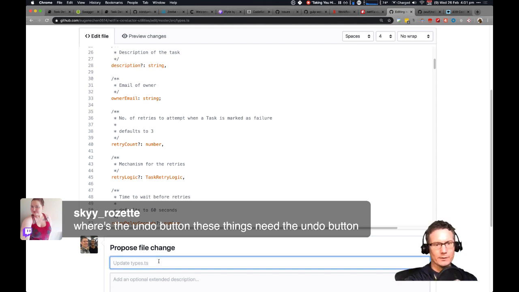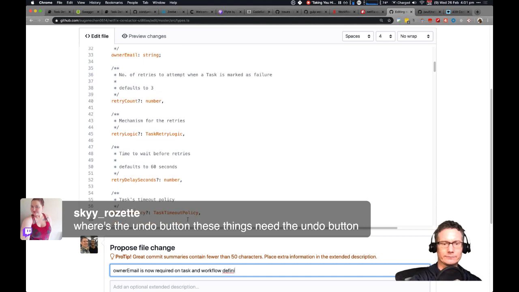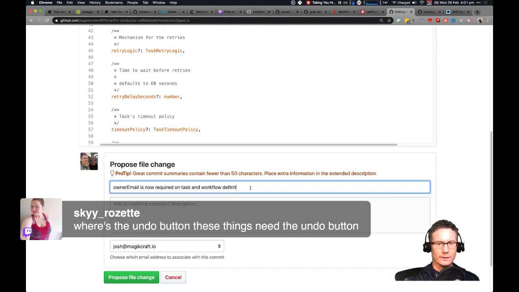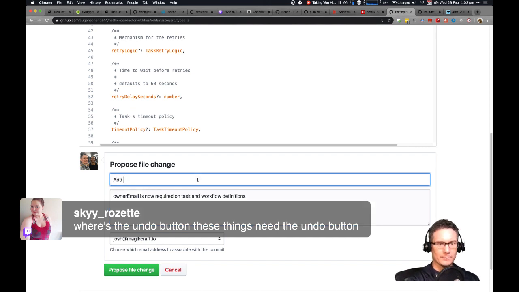So, owner email is now required. Task and workflow definitions. Add missing required properties.